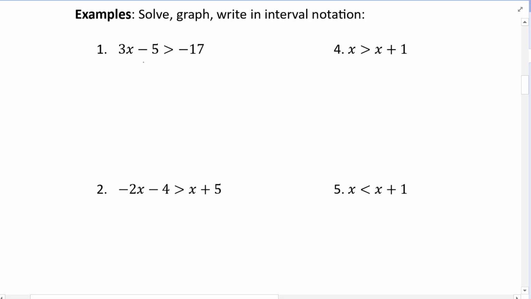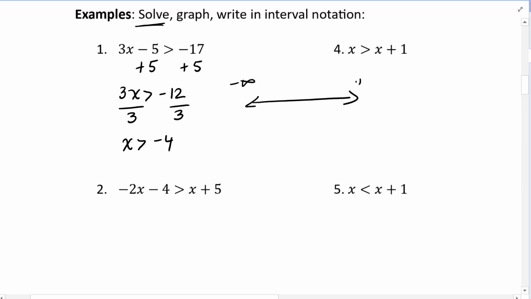To solve this, we are solving them the same way we solve equations. We isolate the variable, so we add 5 to both sides, and we get 3x greater than negative 12. We keep the inequality sign, we divide by 3 to find x, and x is greater than negative 4. So we solve this. Now to graph it, we would draw the